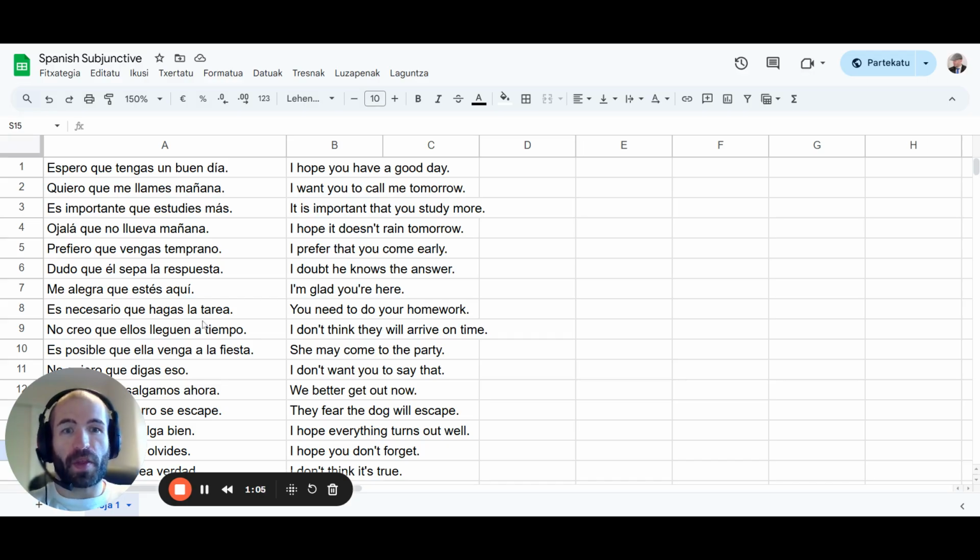All right. So this is a subjunctive. Basically, I hope you have a good day in English. You have the sentences in English here. You have the sentences in Spanish here. That's pretty obvious. I don't need to explain that. But this form: I hope you have a good day. I hope that something, or I want you to do something, or it's important that something. For all these sentences, in Spanish and a bunch of other languages like French,